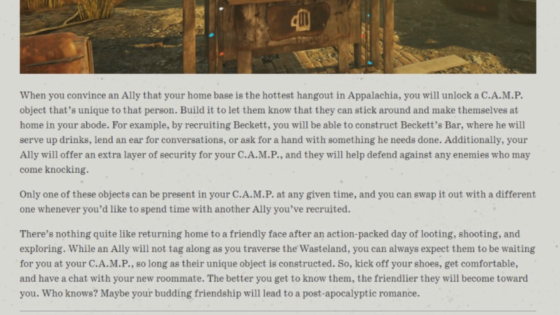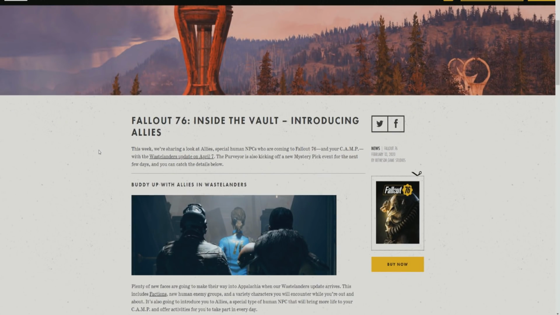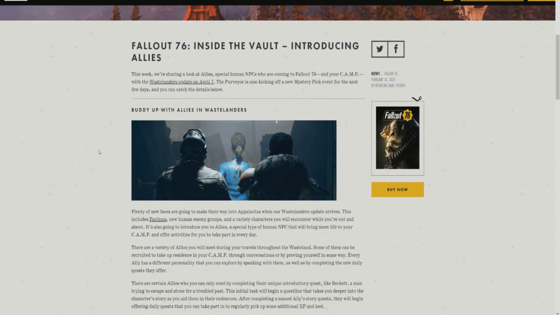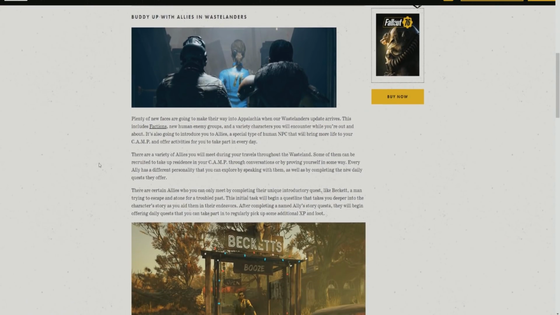Okay. So let's go ahead and get into this information. This is a lot of information being thrown at us to soak in at once here. So it seems like, for one, we're getting allies, which is awesome. They did touch base about this in the past over how we would be able to have allies at our camp. And they did mention that they wouldn't exactly be able to travel with us, so that wasn't really a shock to me, but it could be new news for a lot of other players